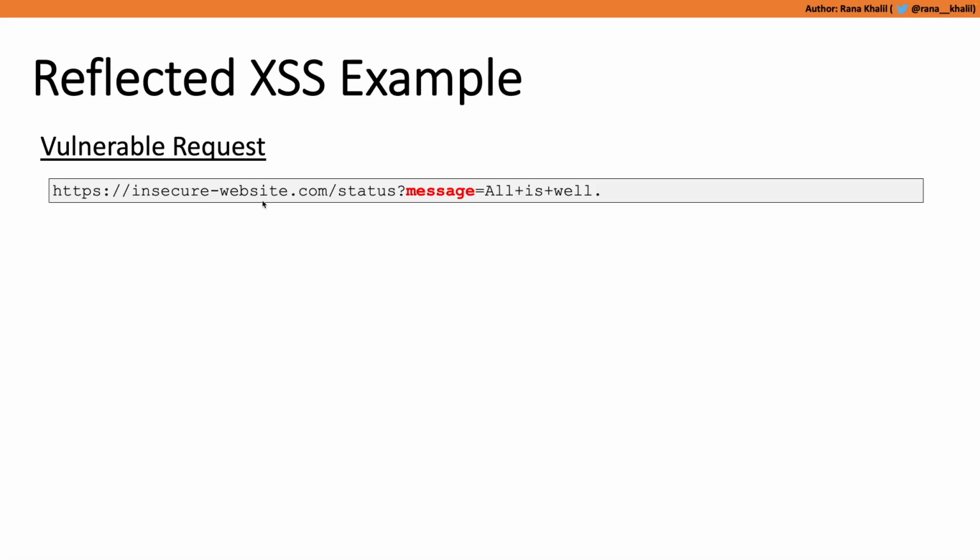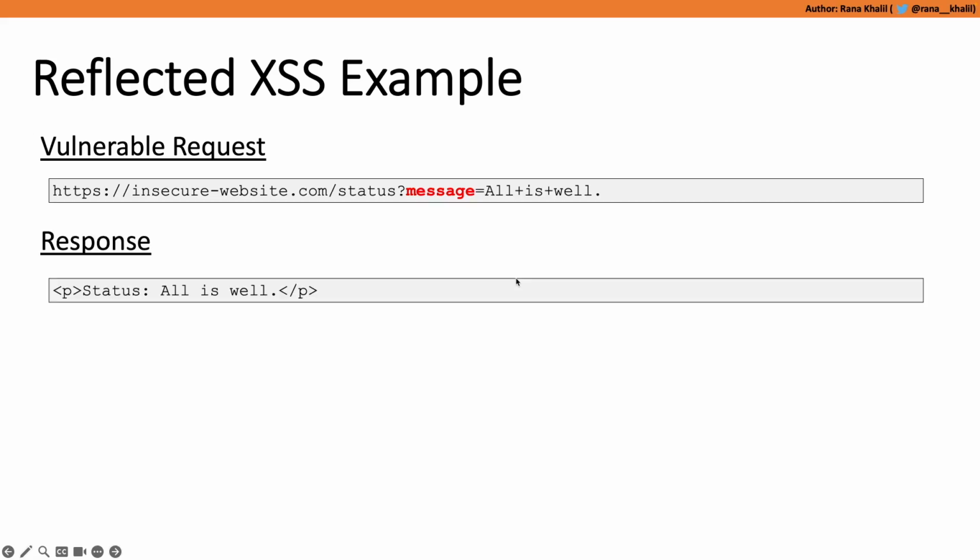cross-site scripting vulnerabilities. In this example over here, the vulnerable request is a GET request, and it takes in a parameter message. Now, this parameter contains the message that you want to display to the user, and in this case, the message is all is well. So the content of the message parameter is inputted in a paragraph element in the HTML document and displayed to the user. This is the view that you would see if you right-click in your browser and then click on